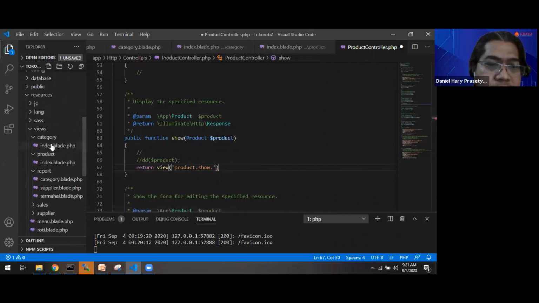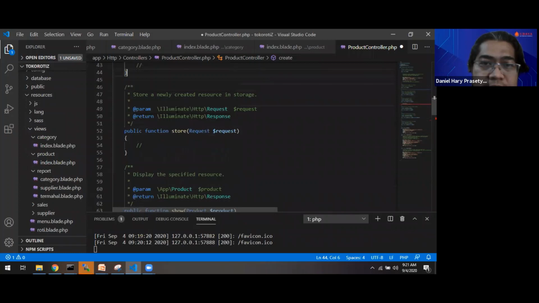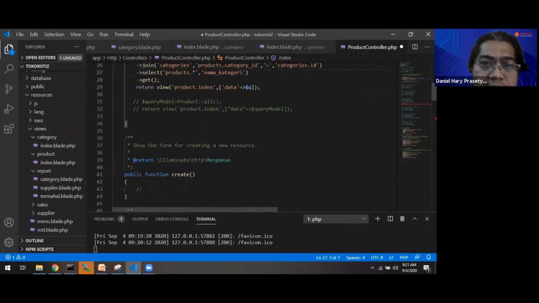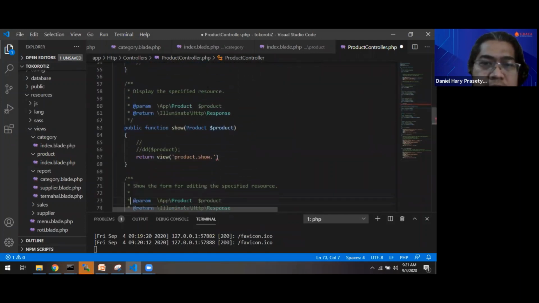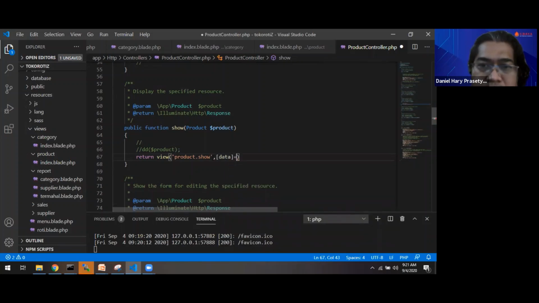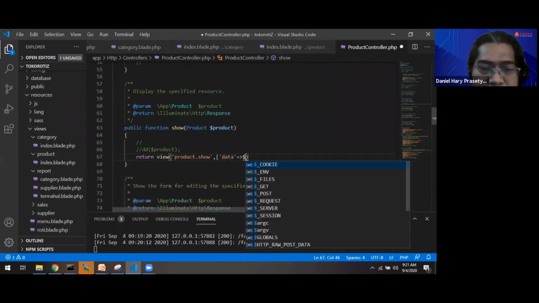We already have products.index in the index function; in the show function we should also return product.show with a parameter. For example, data, we can put it as a string. We put the product directly.